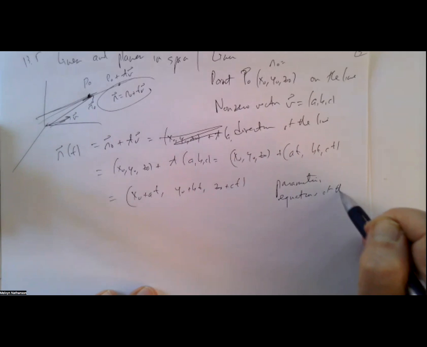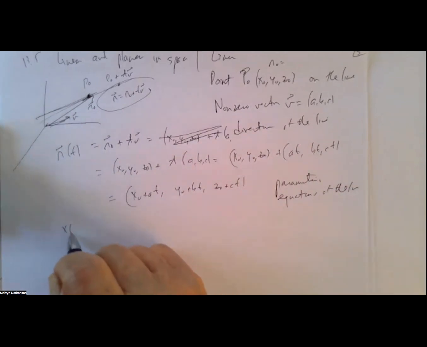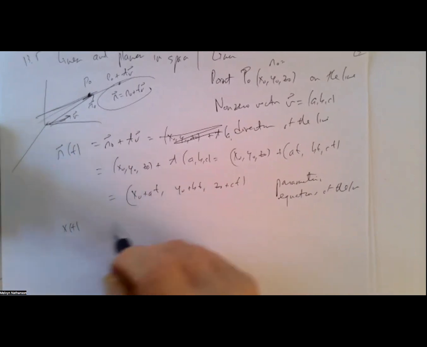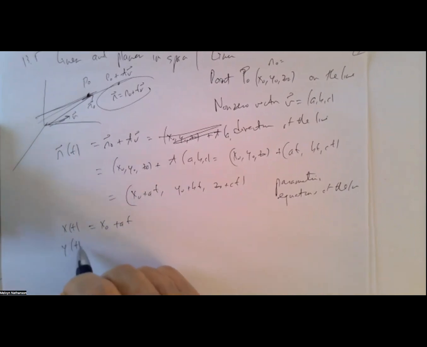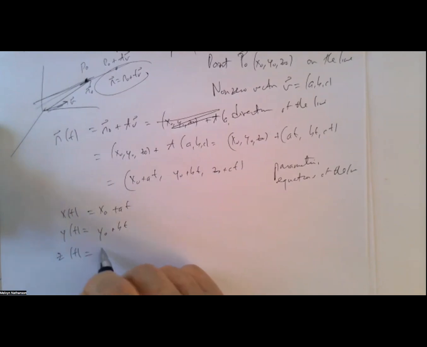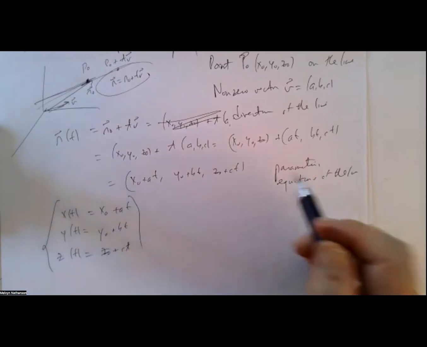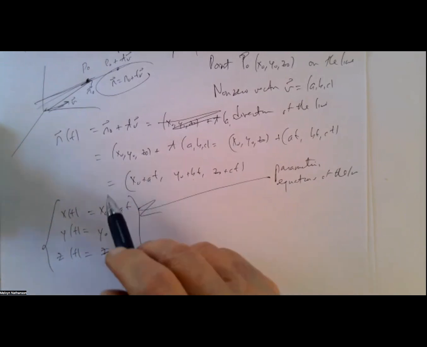equations of the line. At any time t, the x coordinate is x of t equals x naught plus at. The coordinate of y at time t, y of t, is y naught plus bt. And the coordinate of z at time t is z naught plus ct. So these are the parametric equations of the line. So in vector form,